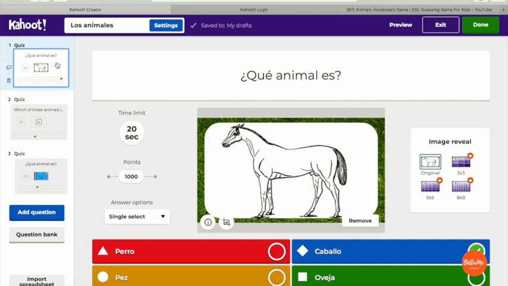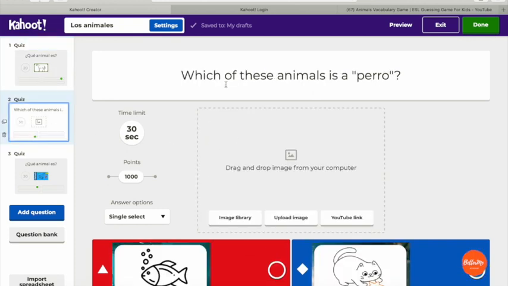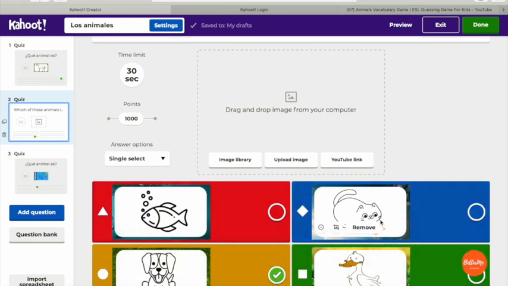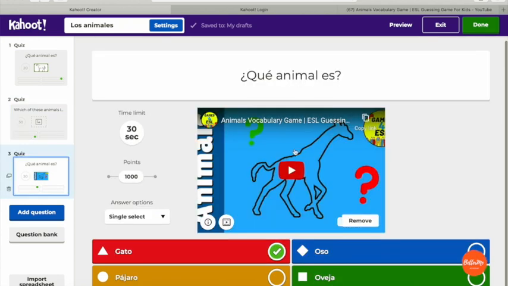And that's it. I just showed you the 3 different ways to create a quiz, 3 different types of questions that you can create in a quiz. So the first is, you assign a picture as your question and options as text to identify what this picture tells. The second one is, you have a question and the answer options are images. And the third type is, you can embed a YouTube video, assign a start and an end time, and give the answer options. Once you're done, you can click on done.